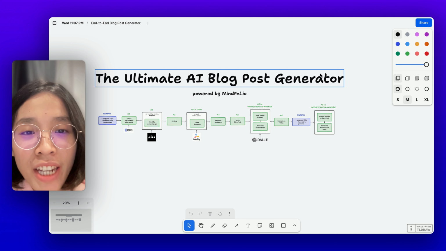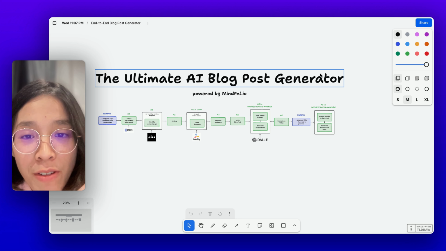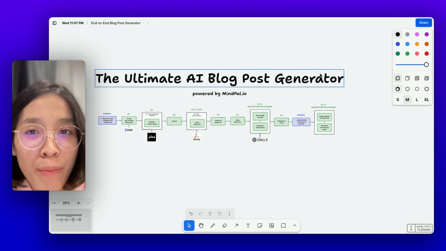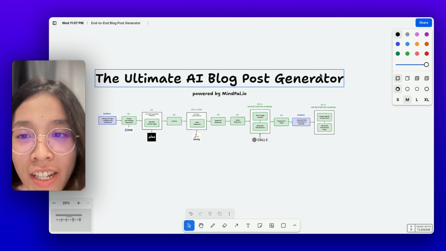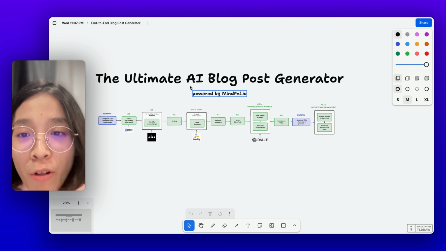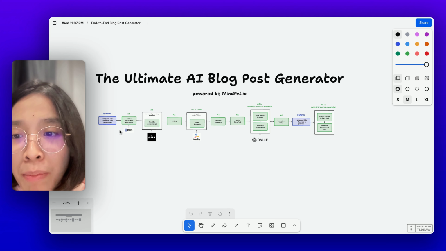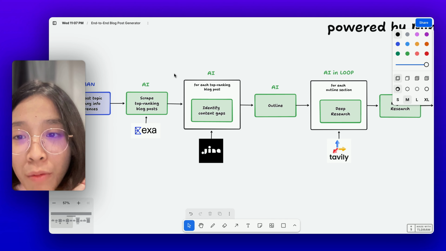Hey guys, welcome to another video where I will show you the step-by-step guide on how you can build AI multi-agent workflows on mypow.io to automate different parts in a business. In today's video, let's look at how to build this ultimate AI blog post generator with mypow.io, complete with researching